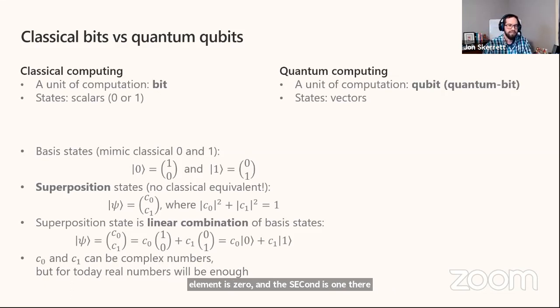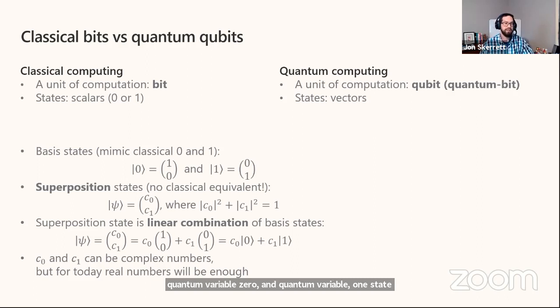The notation that you see, the 0 and 1 enclosed in the vertical bar, that's called Ket notation. It's basically used to denote that we're doing something quantum and not just discussing vectors. It becomes much more useful when we start talking about multi-qubit systems, as Delbert's going to do later on. So for now, just think of them as variable names. It's a quantum variable 0 and quantum variable 1.